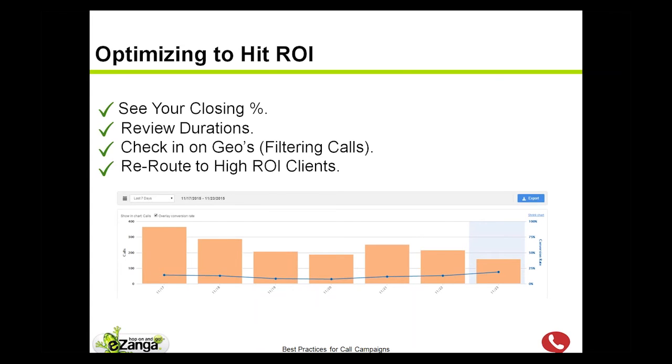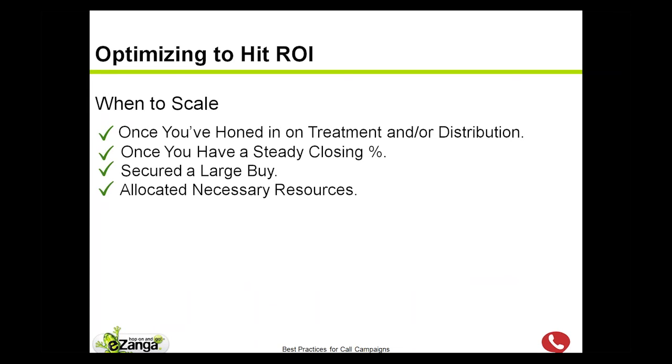Right. So let's give a perfect world scenario. I've hit the geos that I need. I have some superstar agents on the phone, and I've really honed in on and discovered some great partners to work with, and now I believe it's time to really start to make some money. So what do I do? I have to scale at some point. Otherwise, what am I doing? Really, you want to do this when you have honed in on all of that call treatment, so the IVR is down pat, whoever's answering the phone is trained up and ready to rock, and we've got the right distribution partners.